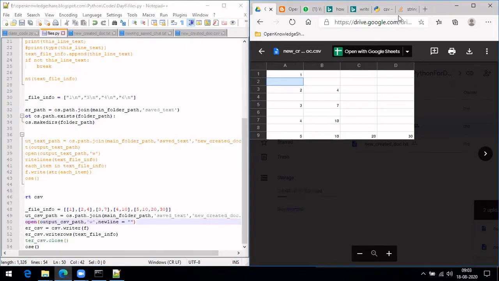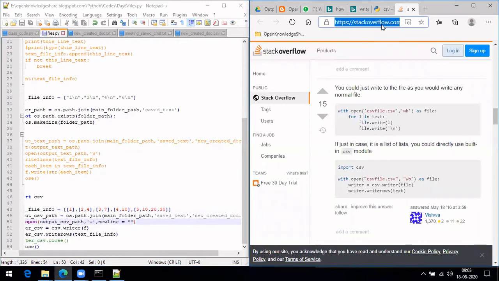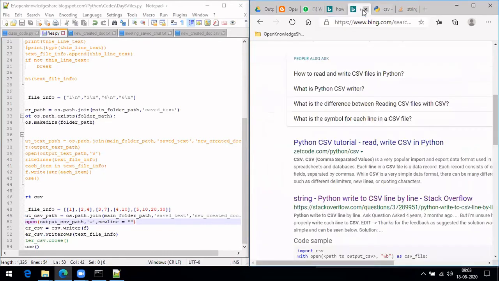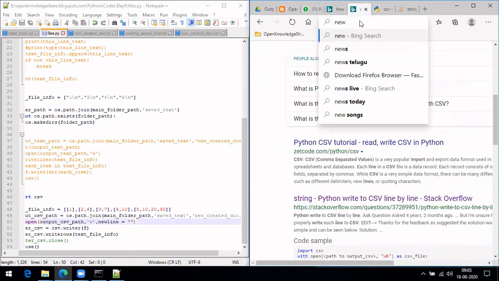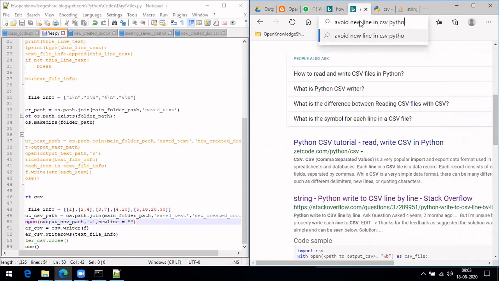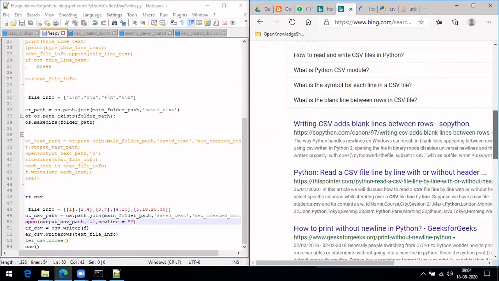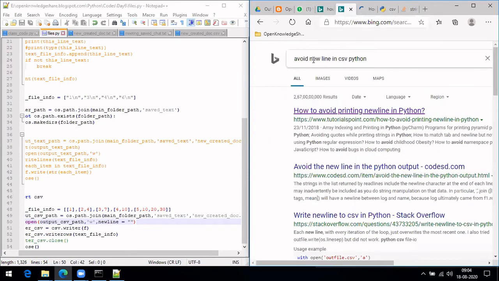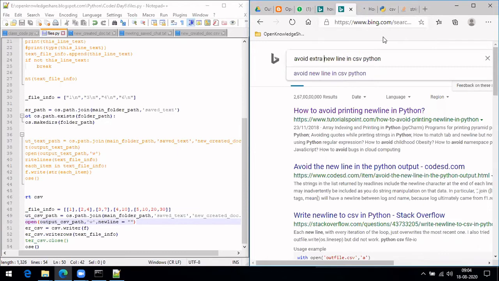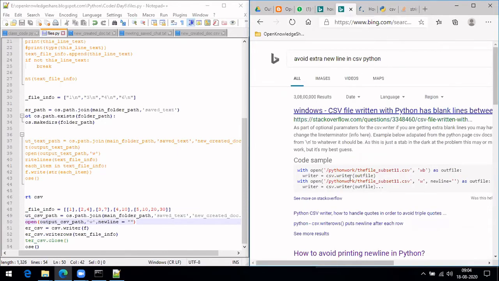Let me search it quickly: avoid newline in CSV Python. Yeah, see, newline equal to this one. So yeah, same thing.